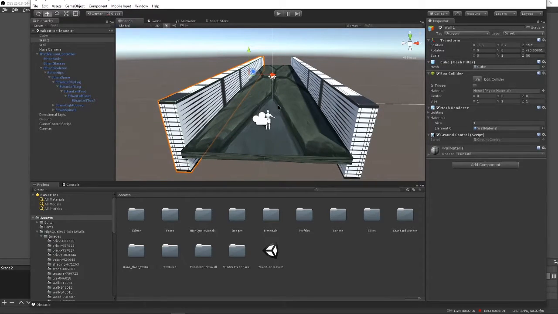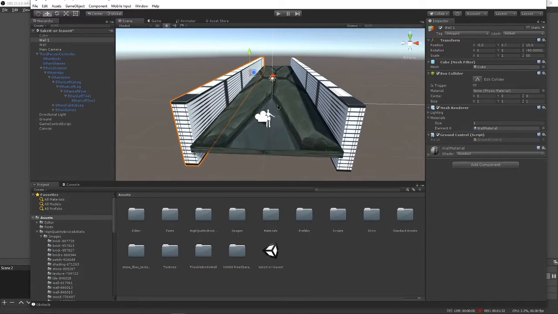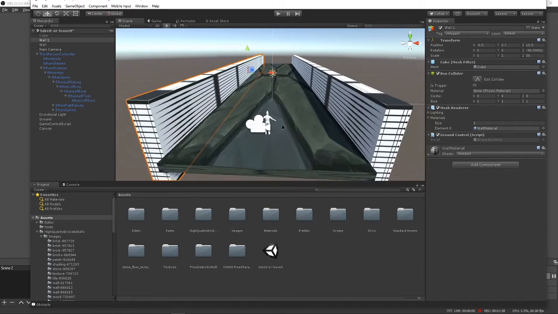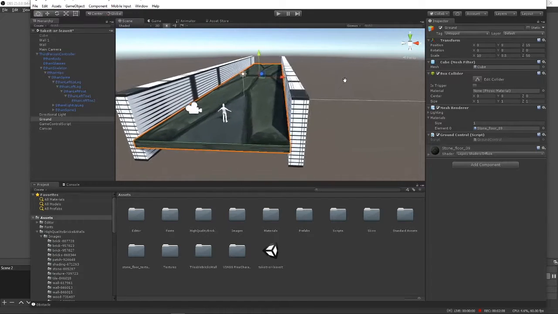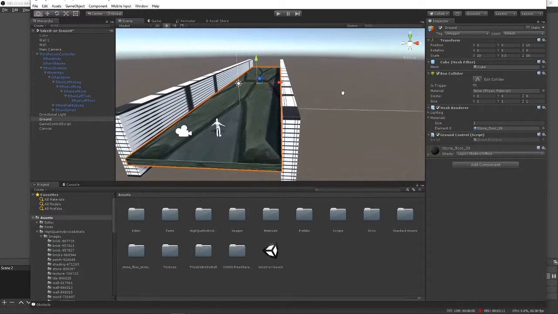Okay, the first thing in this project, I created three box colliders. The first is the wall. I created two walls to block the character from going off the edge of the ground. And then the third is the ground. The ground is for the character so that it will not fall to the bottom. So in these three box colliders,